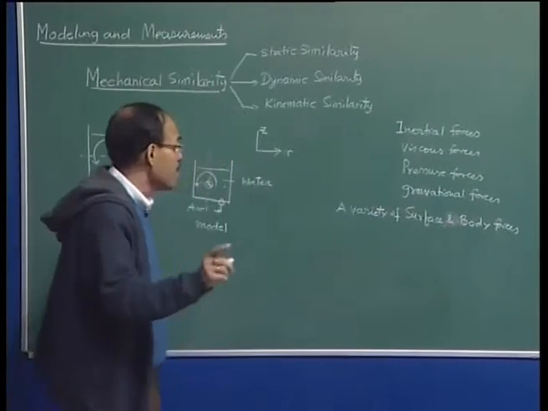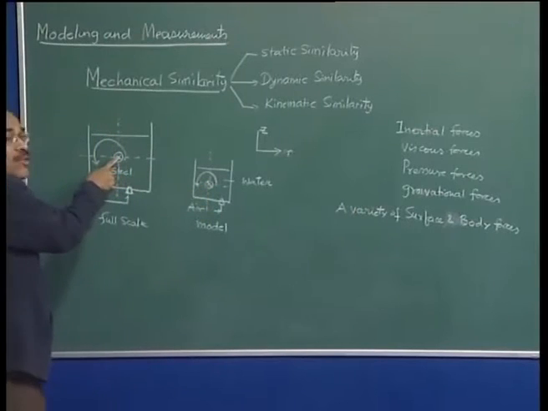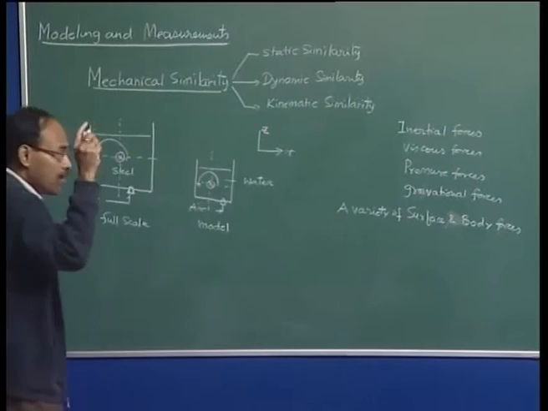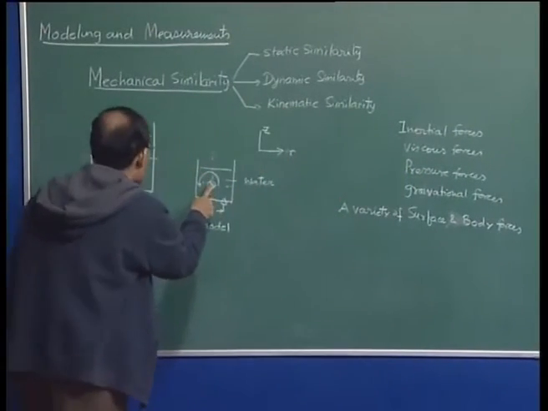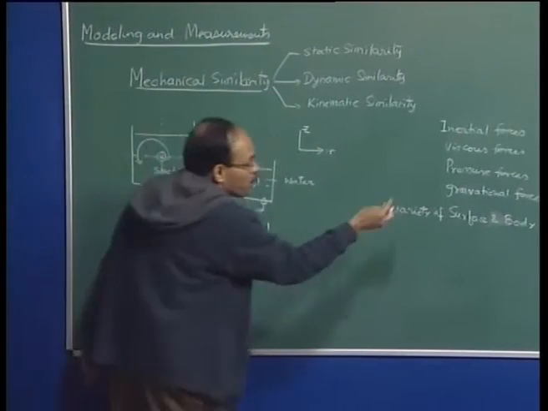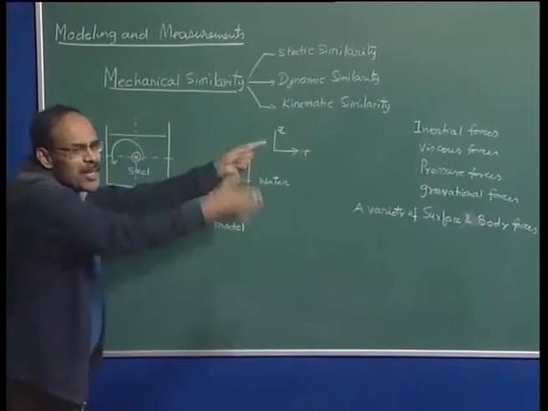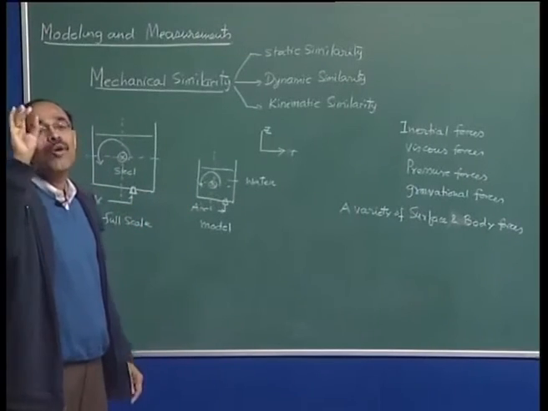So, therefore, I would say the ratio of inertial to viscous force at this point must be equal to the ratio of the inertial to viscous force at this particular point. Similarly, the ratio of viscous to pressure forces at this particular point must be equal to the ratio of viscous to pressure forces here. The ratio of pressure to gravitational forces here must be equal to that there. So, any combination I can take and I can say all the ratios of the forces must boil down to